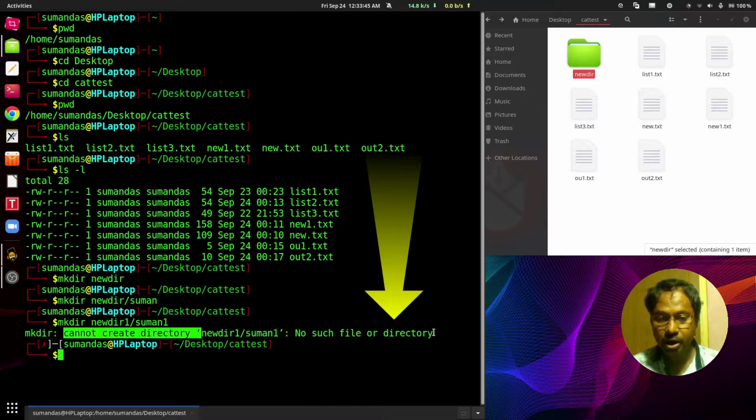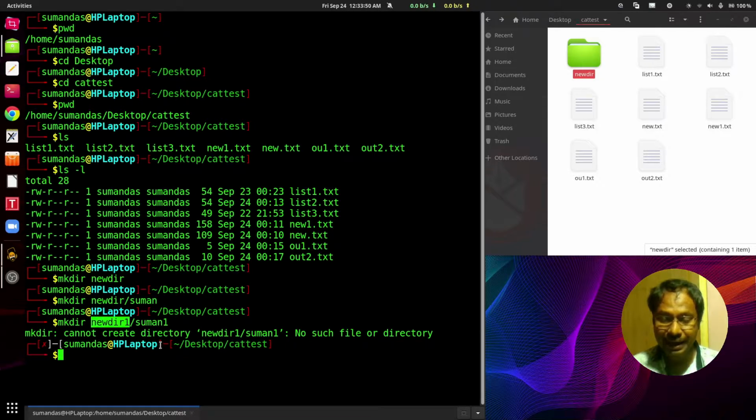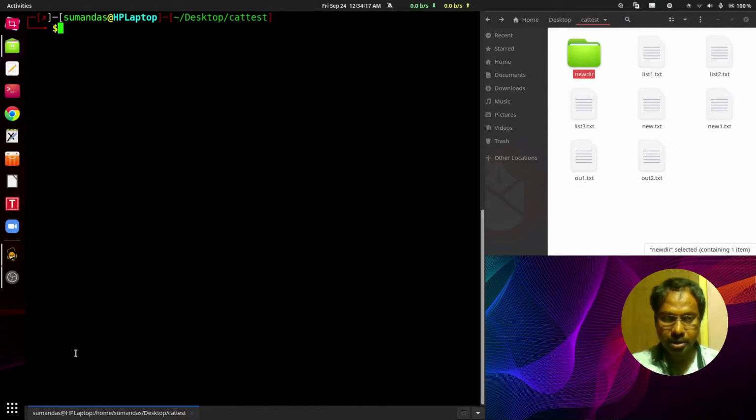No such file or directory. That means as the new dir 1 directory is not present, the mkdir command cannot create the subdirectory Suman1 in that case. So how can we create the subdirectory or the directory structure where the parent directory is also not present? Press Ctrl L to clear the terminal.